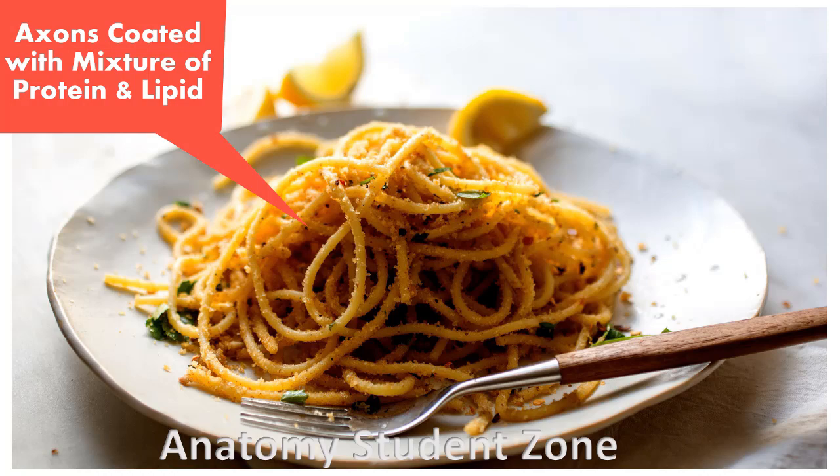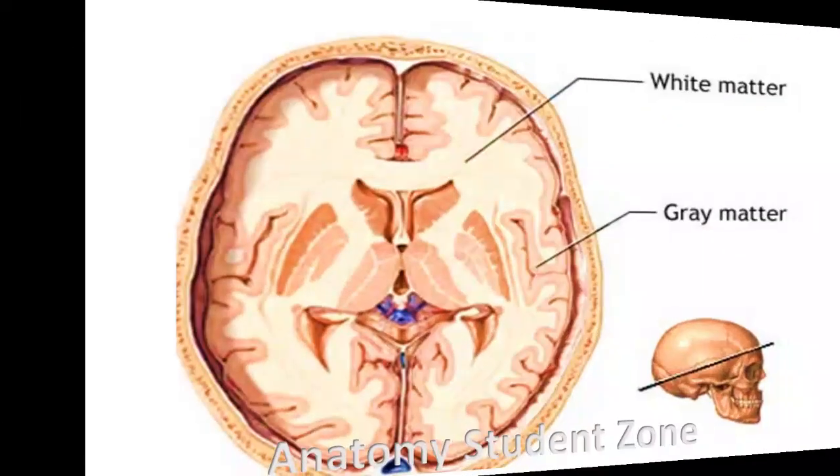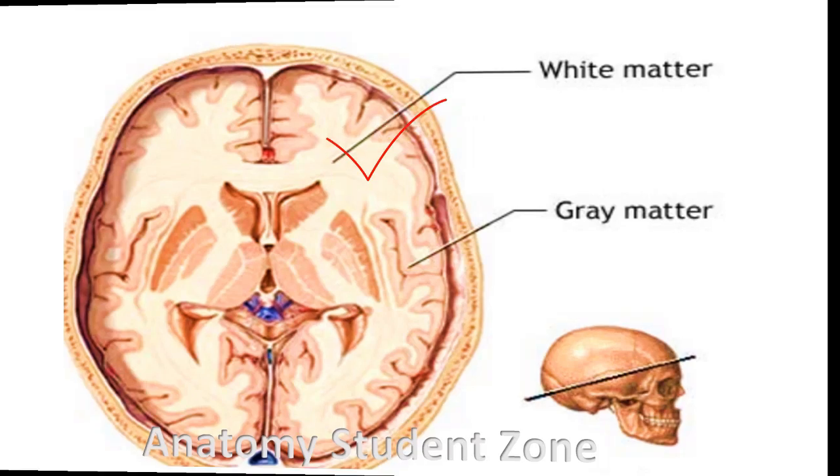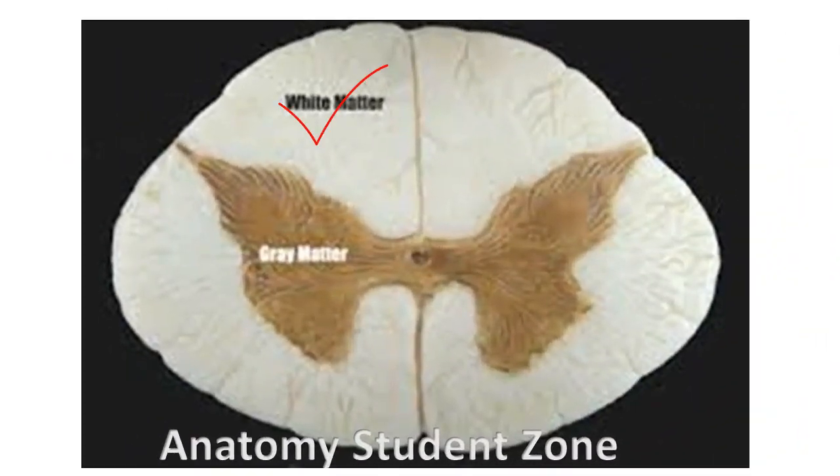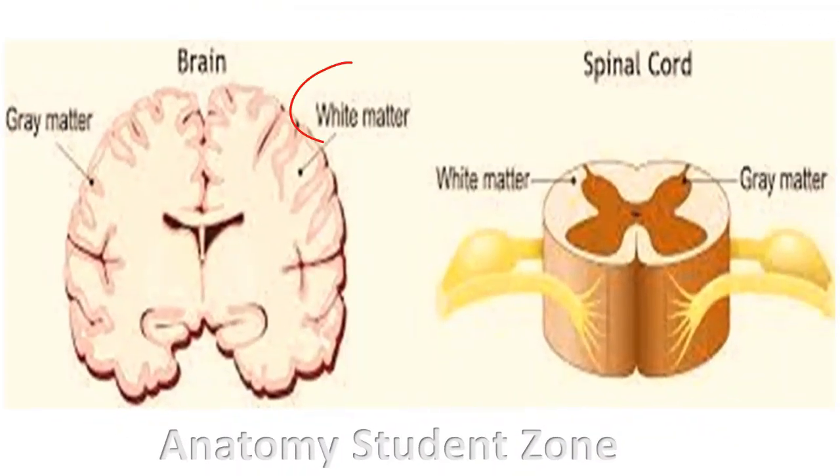That's why white matter has a white color, whether it's in the brain or the spinal cord, and it's due to the presence of lipid material in the myelin sheath of many nerve fibers. White matter in the brain and the spinal cord is also known as substantia alba. Alba means white. In this way, nature has decorated the interior of the central nervous system with gray matter and white matter.